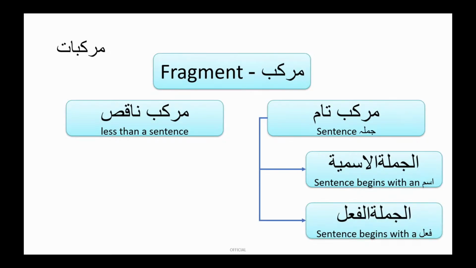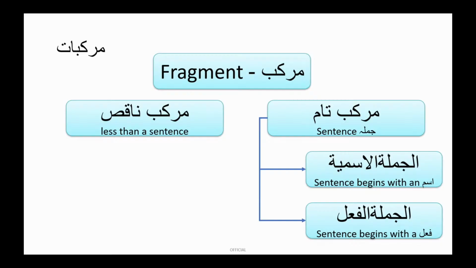The other type of complete sentence is jumla fi'liya, which means any sentence which starts with fi'l, regardless of whether after the first fi'l we have n number of ism coming in. The way Arabic grammar recognizes both structures is a bit different, and inshallah we will see them one by one at a later stage. Before we start learning about sentences, we would focus on understanding the fragments, because so far we have only touched upon individual words. So first we need to identify how 2 words can work together.